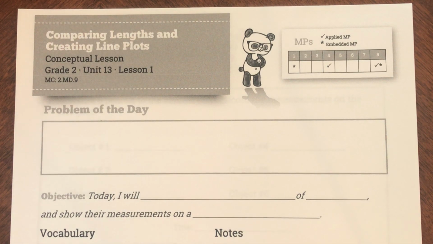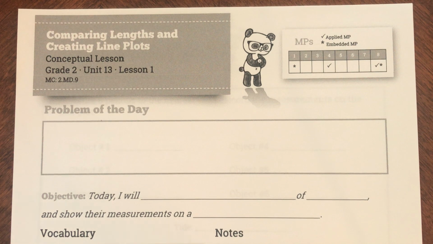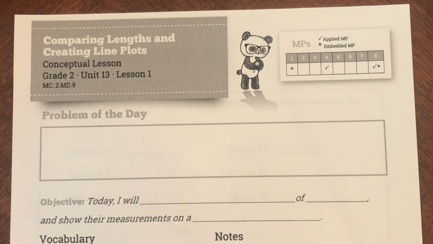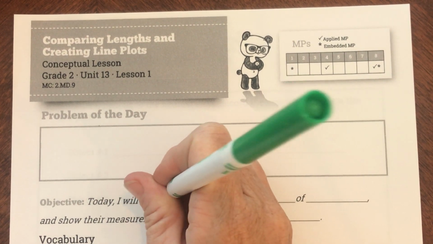Good morning, second graders. Today we are on page 245 of your student journal, and we are starting a new unit. Our unit is now Unit 13. These lessons are all going to be about measurement and data. So for our first lesson, our objective or goal is